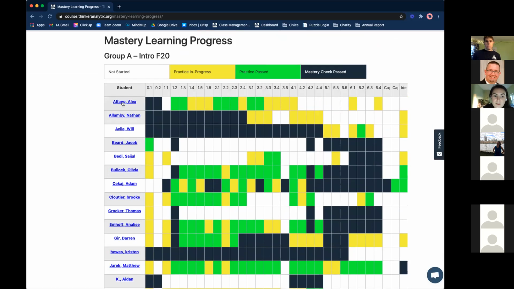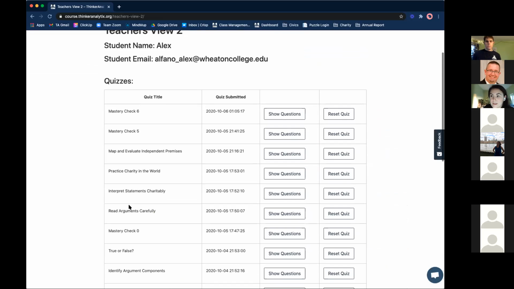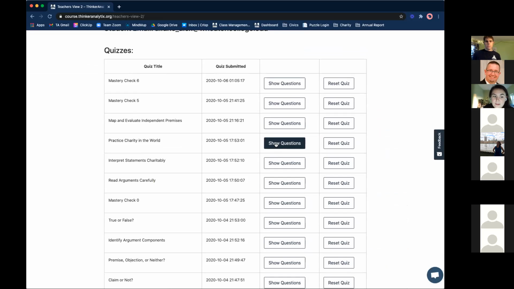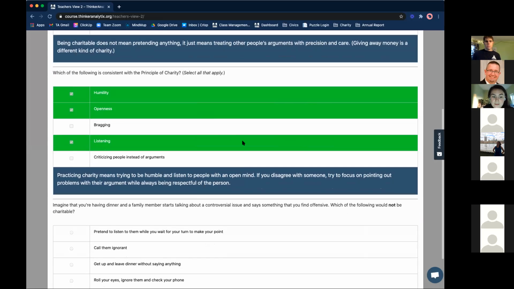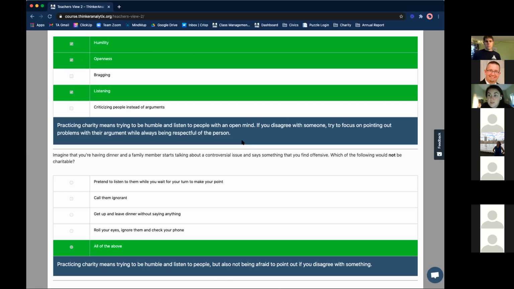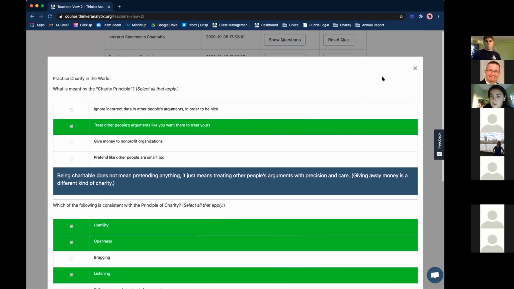If I want to, I can go into a particular student and see which things they've done, and even see the specific questions, which ones they got right and which ones they got wrong. So you can get very granular with it if you'd like to. But the idea is to give you, at a quick glance, where everybody's at.